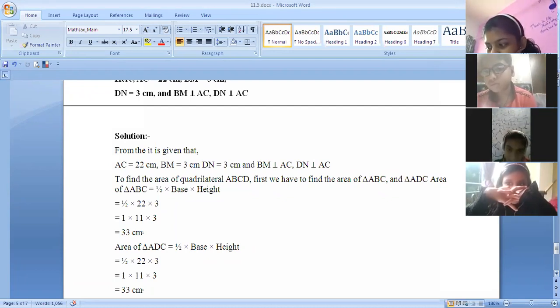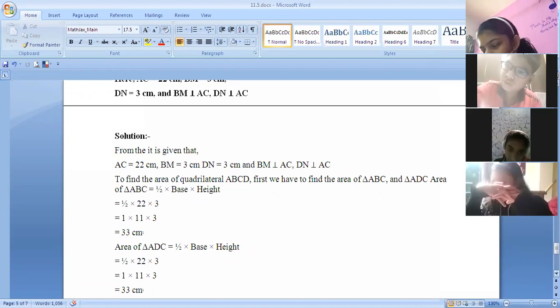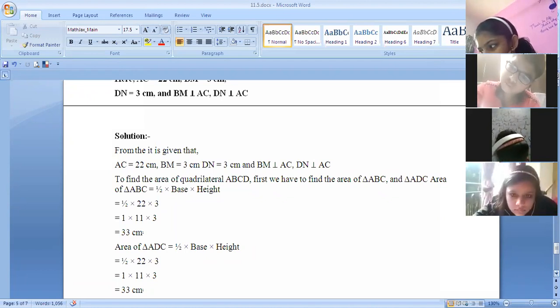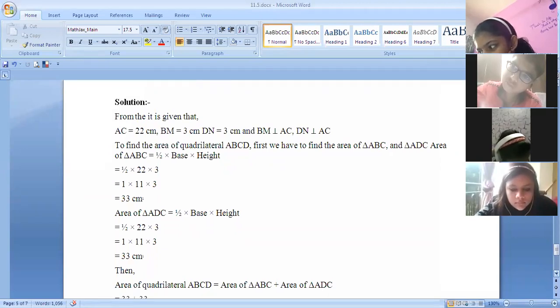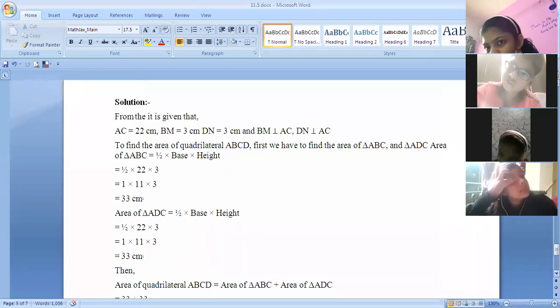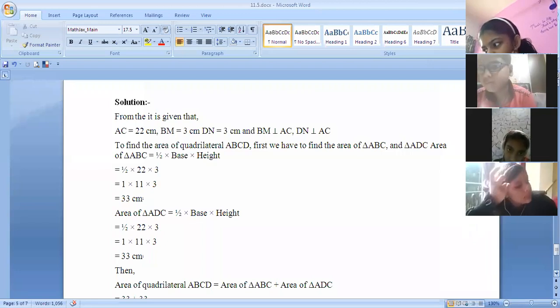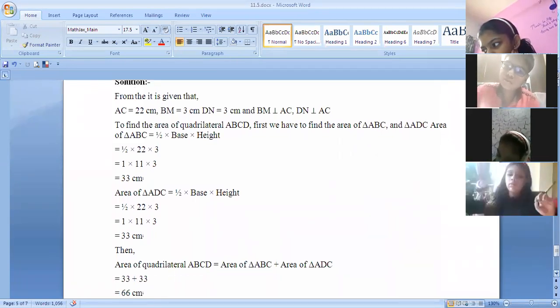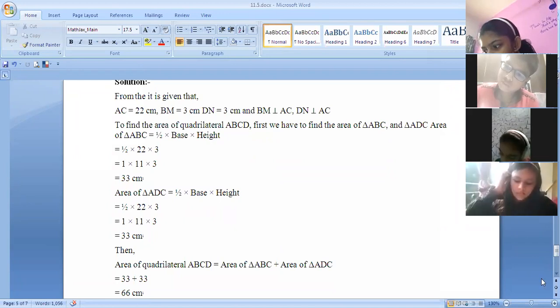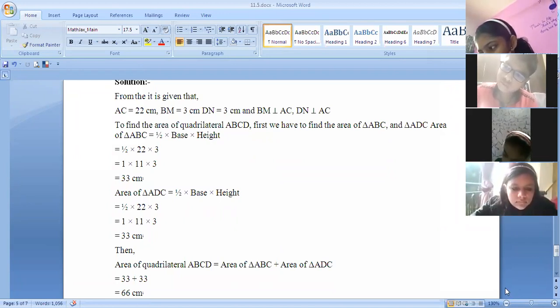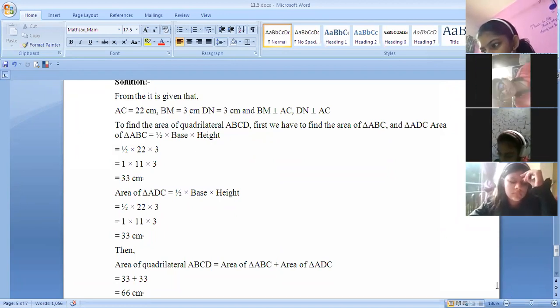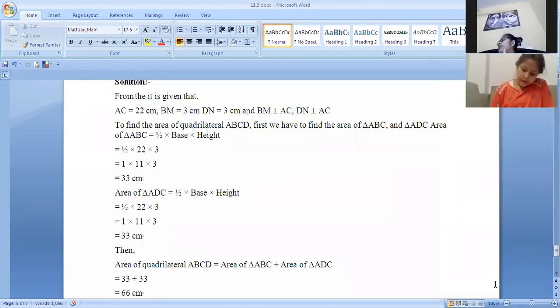Now we have to find out the area of a quadrilateral. So we will be adding both the areas of the triangles. Add 33 plus 33. You will be getting the area of a quadrilateral. Add it, children. Yes, right, Kavya. Fiona, right? That's correct. Yes, Mahi, your answer is also right. Absolutely right. 66 centimeter square is the right answer. This is the area of the quadrilateral, when we have added triangle ABC and triangle ADC. Yes, Mukul, Lavish, very good, beta. The answers are absolutely correct. Yes, right, Vanshan. Very good.